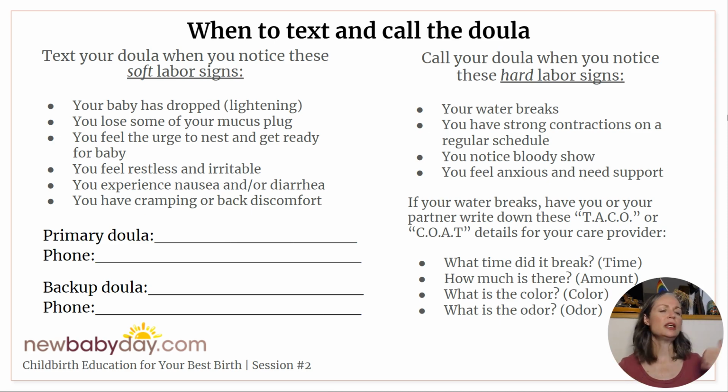It's not going to be blood pouring out of you by any means. It's just going to be a streak of blood, of clear blood. You know that it's blood. It's not pink. It's not brown. It is a streak of blood on toilet paper, for instance, white toilet paper, or on a maxi pad that you may have on. If you're seeing that blood streak and you don't see blood dripping out of you, then